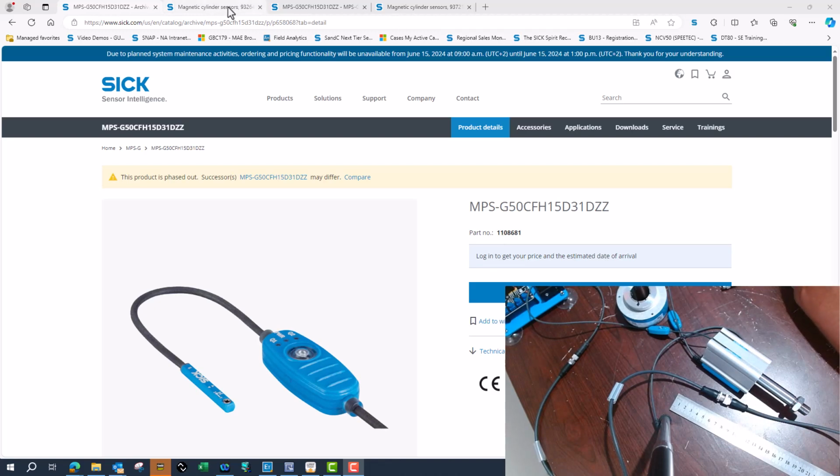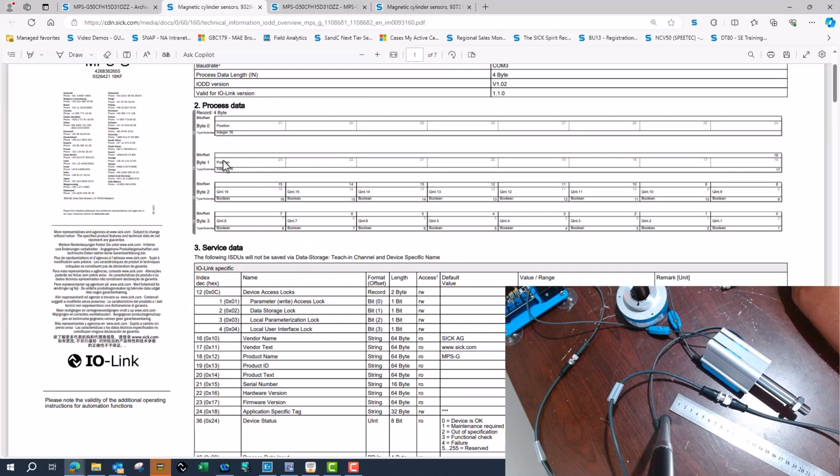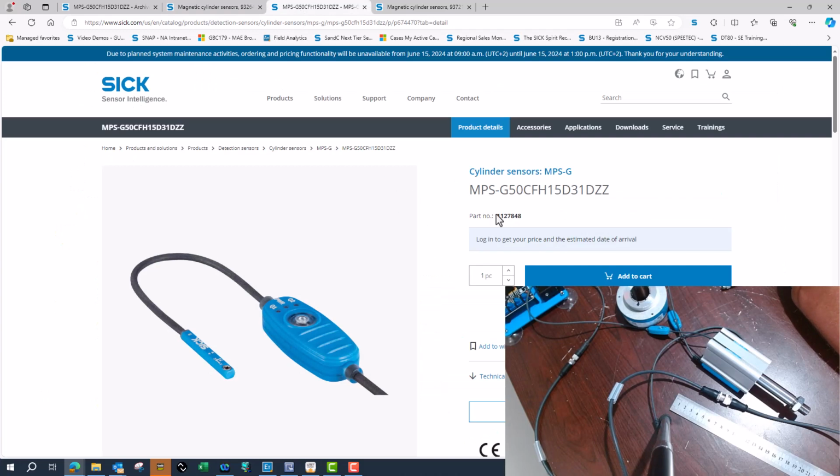For the older one, we're going to get 4 bytes of data. Byte 0 and byte 1 will be its position as a 16-bit integer. Byte 2 and byte 3 will be QINT 1 through 16. So we get 4 bytes of data, but when we go to the new one, which is a replacement for it,